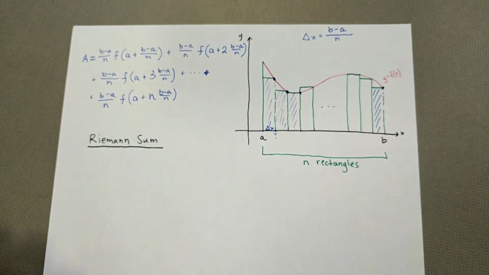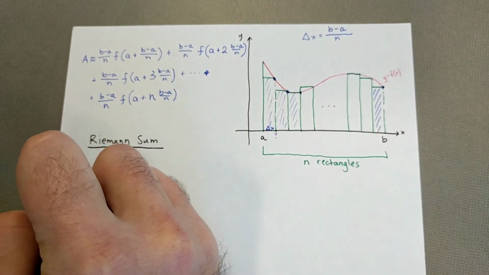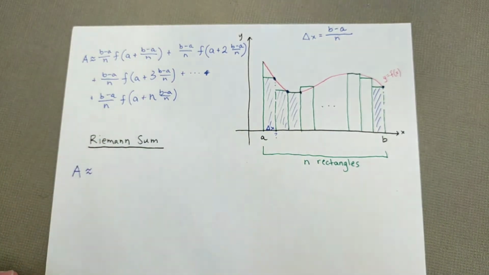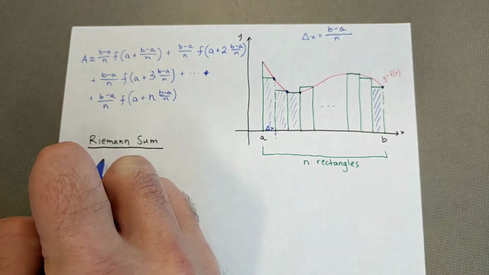So what's written above is a Riemann sum, technically, but typically when you see a Riemann sum, it is written in a form that is using summation notation. So let's see what we could do here with the summation notation. So the area is approximately equal to the sum of,